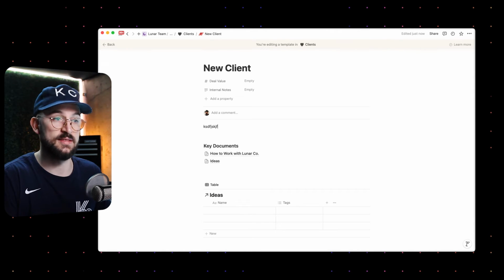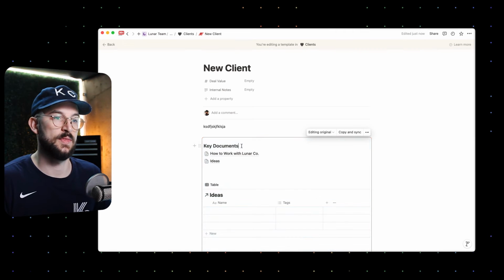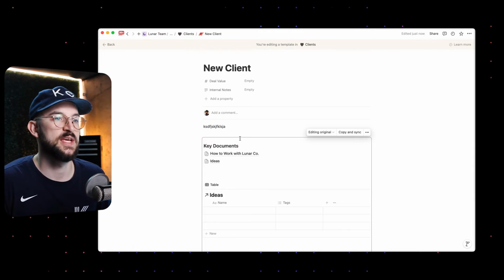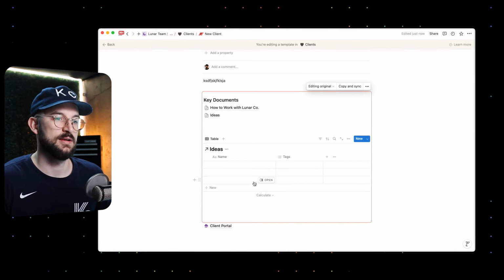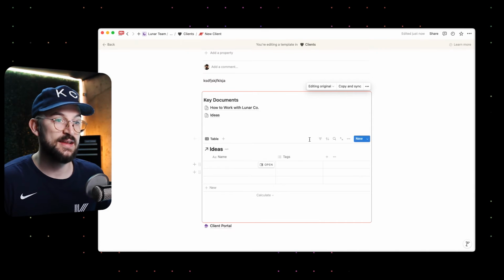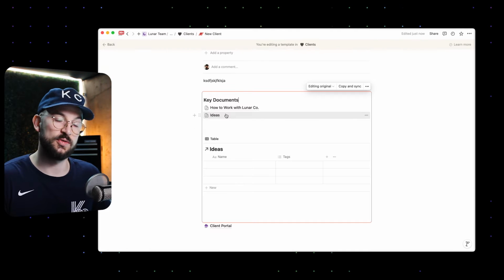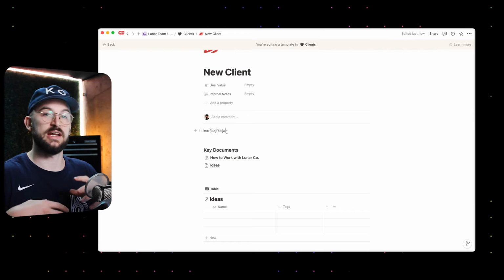And so if I type anything here, they still can't see it. It's only what I type in the synced block that will transfer between the two. And so when we invite a client, we now have the ability for them to edit something in here, because they have the original sync block, but we also have access. We can edit and we can maintain our own above the board